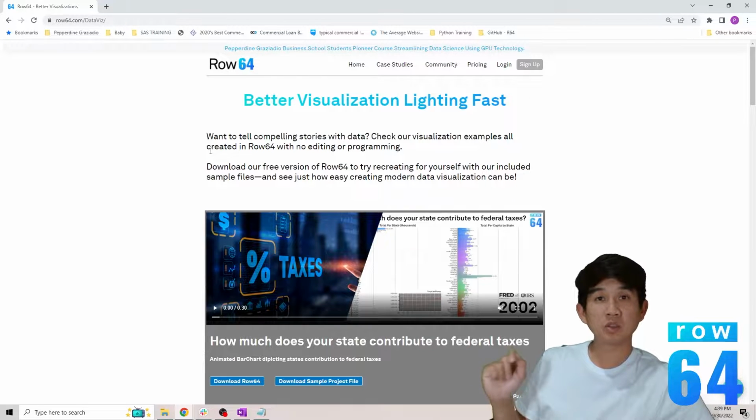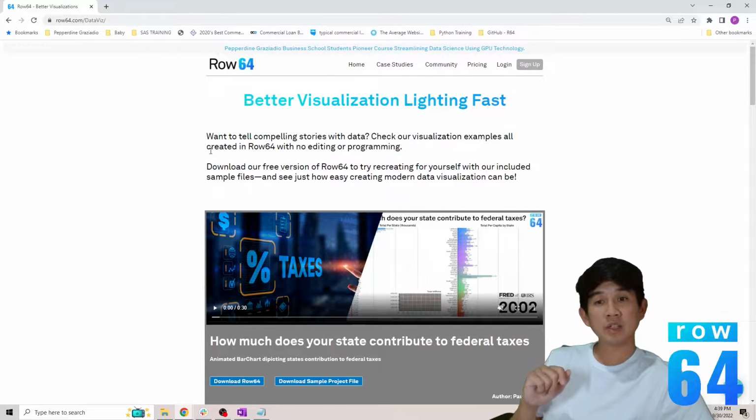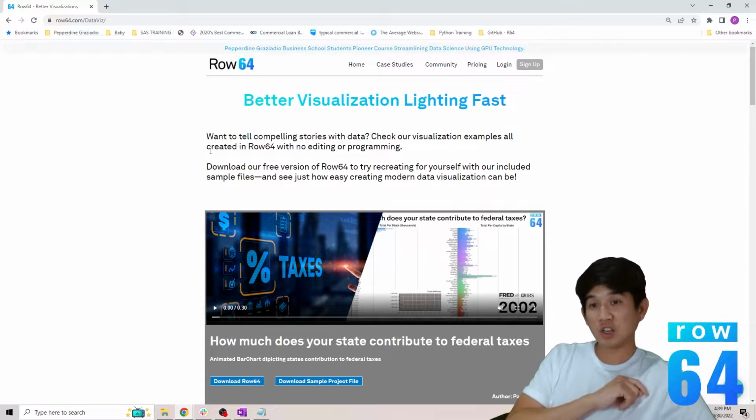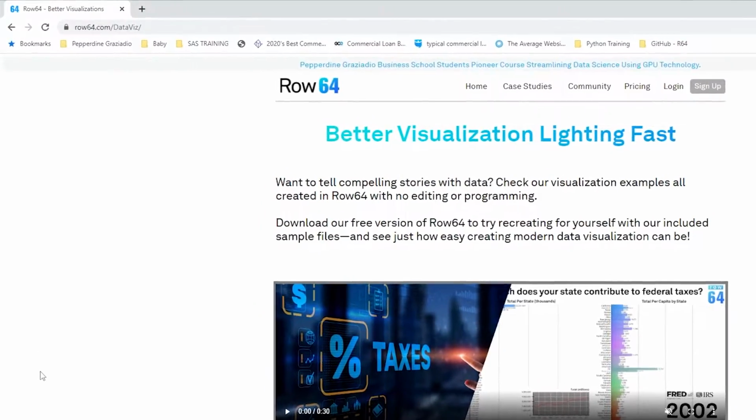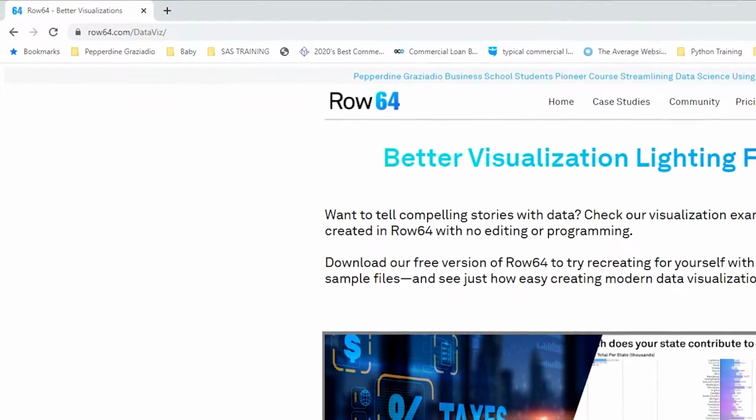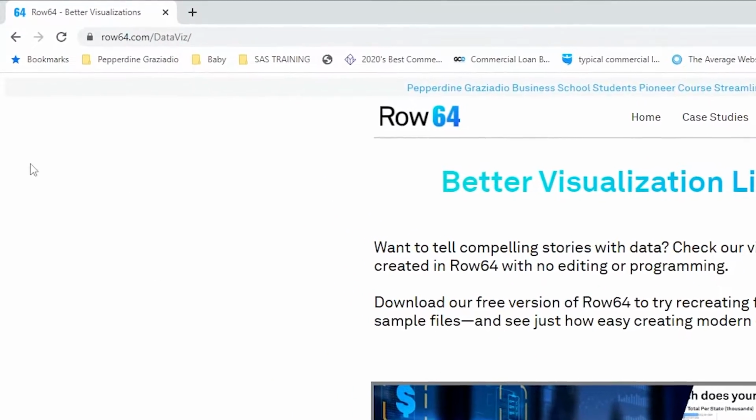Paul Trin here with Row64 doing tutorials, and again we're going to learn today how to do a racing line chart. So the first thing you're going to want to do is head over to row64.com if you haven't already. Register, log in, and sign up for the download. And after you do that, jump into this link, which is